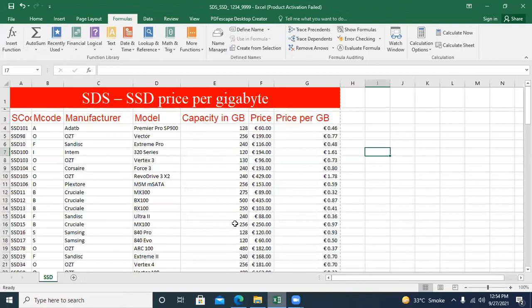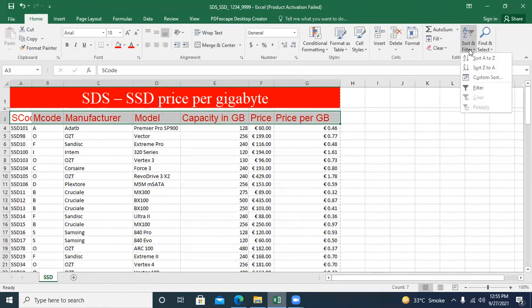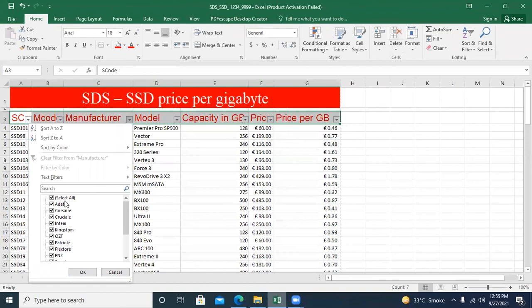So open this and select the columns, then click on filters. The moment I click it, I can filter different records from different columns. Now for manufacturer, first deselect all and select only OZT and Samsung.